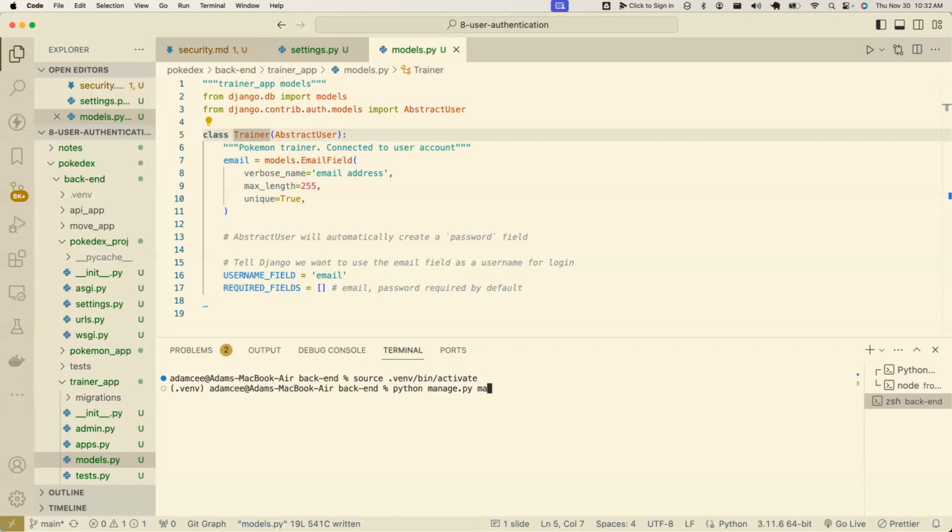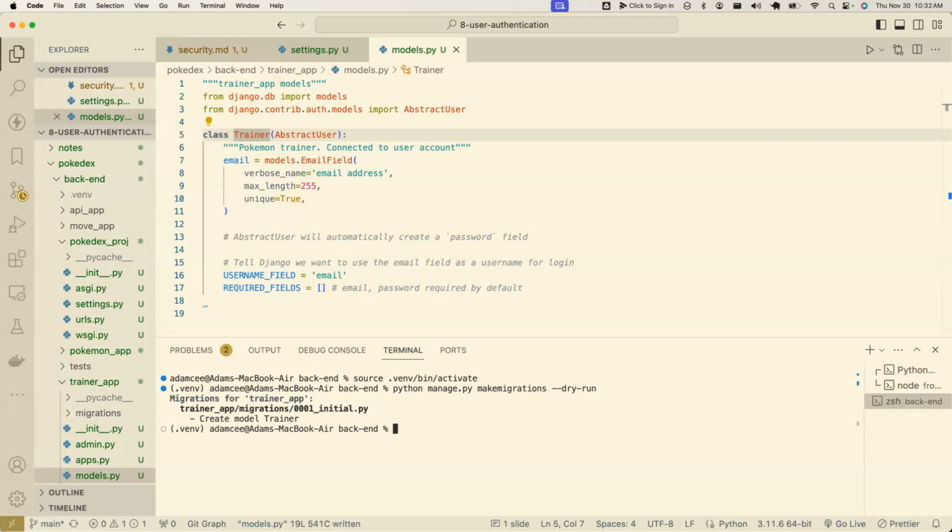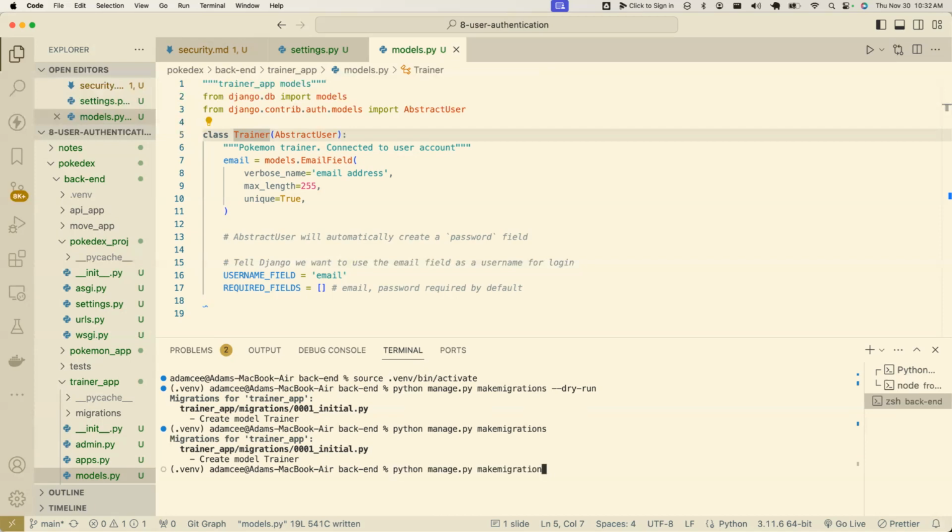I don't know if that actually is really critical here, but it did seem to help with the tab completion. And let's do a dry run just to see what migrations we're going to make. So this is going to create another migration file that's going to create this trainer model that's going to end up creating a table in the database. So let's go ahead and make that migration. And now let's go ahead and